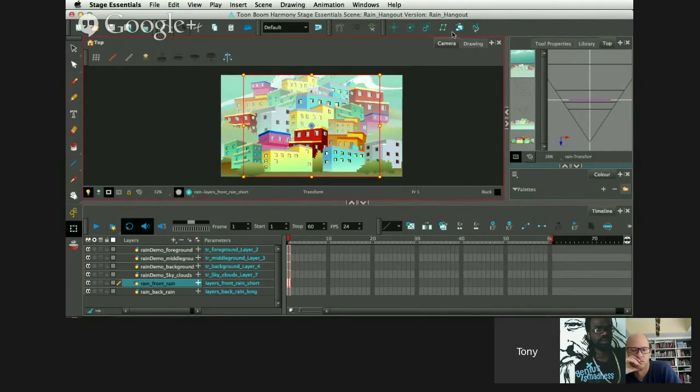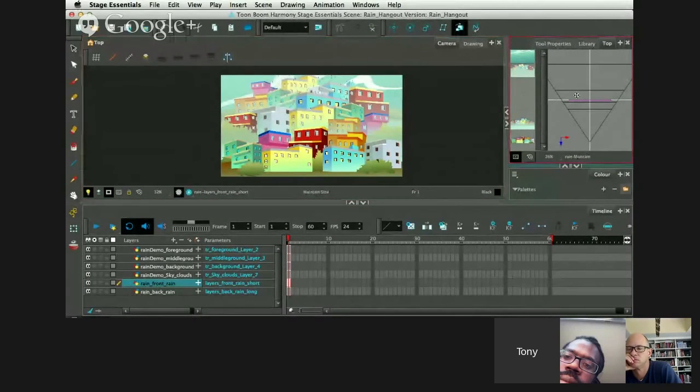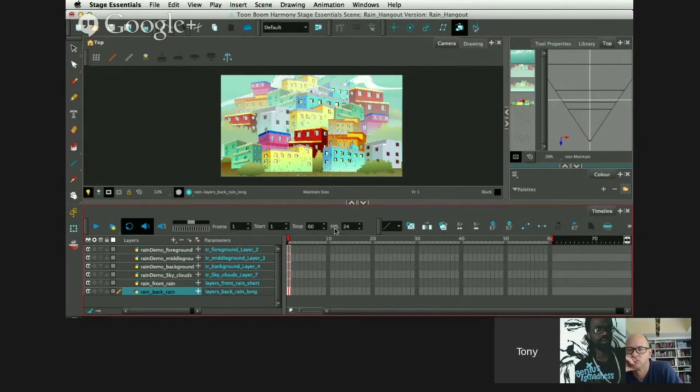So we've got the front rain, so I'm going to grab my maintain size, and to make sure these are going to be in front of the buildings at all times, I'll click and drag this all the way to the very tippy point of the camera. So it's way down here, right at the beginning of the camera. So it's always going to be in front. And I'll do the same thing with the back rain. Drag that all the way to the front. Okay, now that that is done,